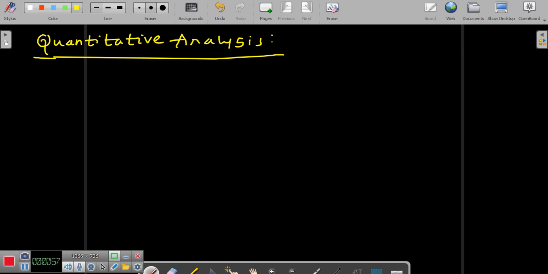The quantification of behavior of MOS differential pair as a function of the input differential voltage using a large signal analysis. We have already spoken about the small signal analysis in the previous class, wherein we will basically focus or concentrate on only the linear region of operation, right? Whereas in the large signal analysis, we go beyond the linear region, right? It could be either in the cutoff region or even in the saturation region. So that is what is referred to as large signal analysis.